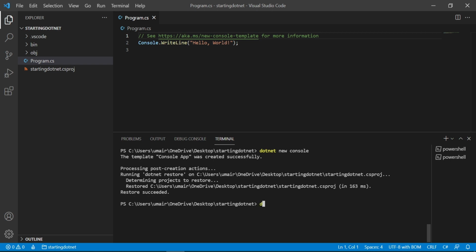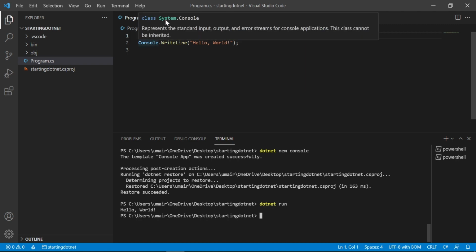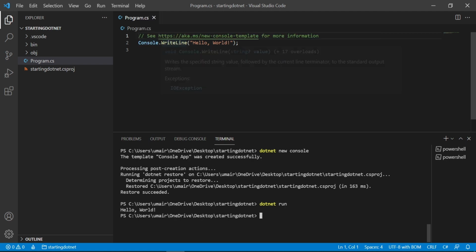After that, you need to run the project with this command dotnet run. Now you have got hello world here. It is giving output to the console screen that prints hello world, and this Console is being inherited from System, and this WriteLine is used to write a specific string, and we can pass the string value within this method. It is a predefined method by C#.